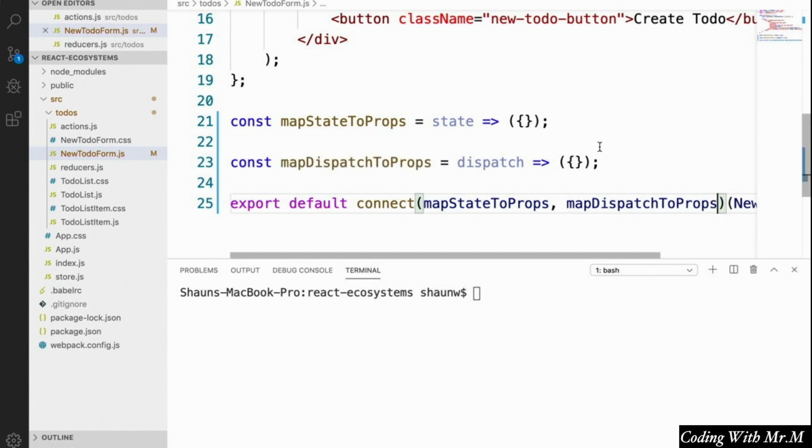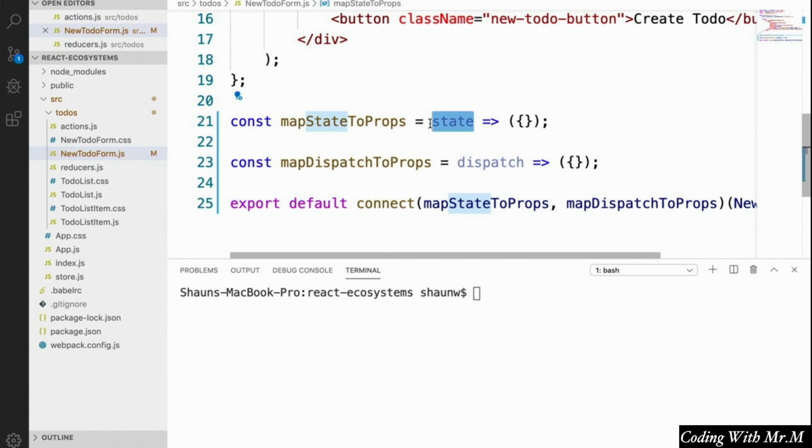So what do these two functions do exactly? Well, let's start with mapStateToProps. The state argument that gets passed to mapStateToProps is an object that represents the entire Redux state. In our case, it'll only have a todos property so far, but in larger applications it could contain a pretty large number of properties representing different pieces of data in our applications, such as users, videos, articles, and a lot